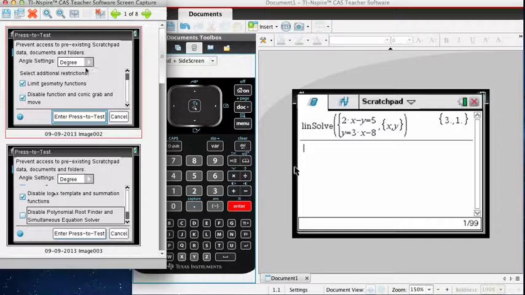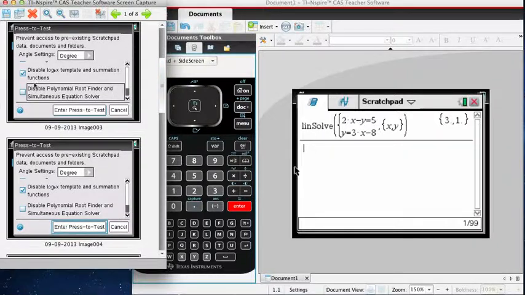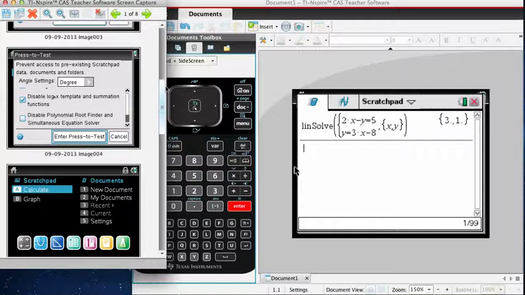And when you release those, what you should see is this screen over here, which allows you to enter press to test mode. You'll also see there are select additional restrictions. There's a menu here, and what you want to do is scroll down in that menu to the bottom until you see this, which is the last option in the menu, to disable polynomial root finder and simultaneous equation solver. And what you want to do is uncheck that box,